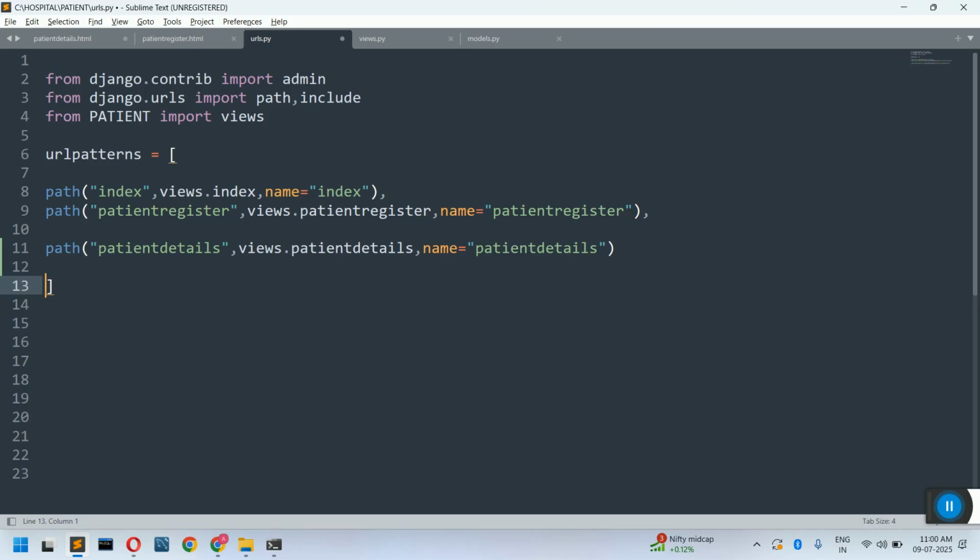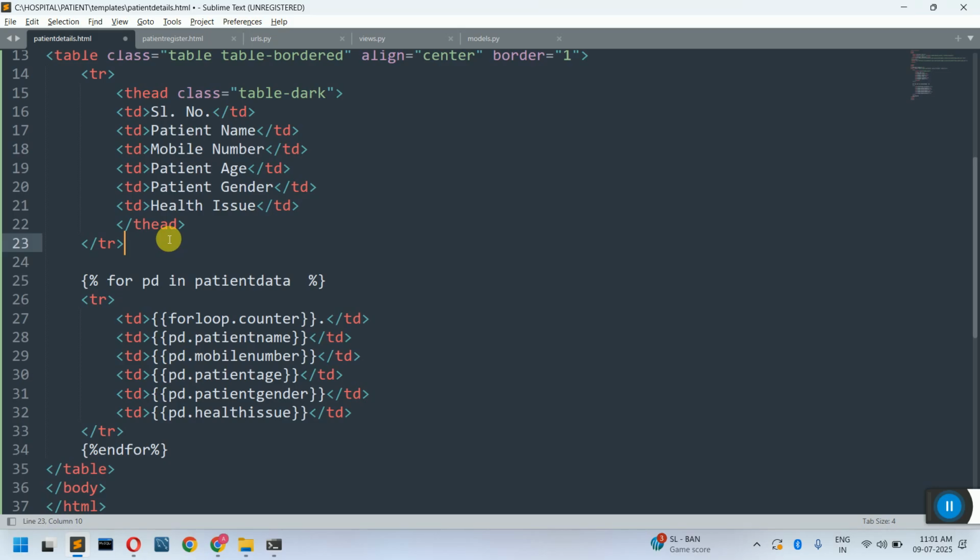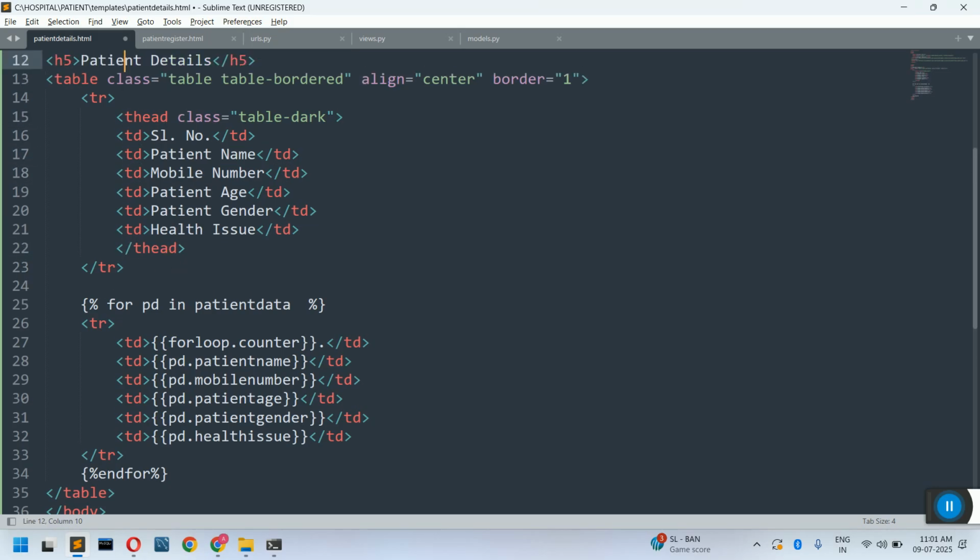Yes, I hope you have finished writing line number 11. Now write down the next heading as patient_details.html. Patient details dot html. You can write down completely from line number 12 to line number 35, or you can take a screenshot of it. You can write it later also, not an issue, because I was told you people need to go to college. So you can take a screenshot of this,